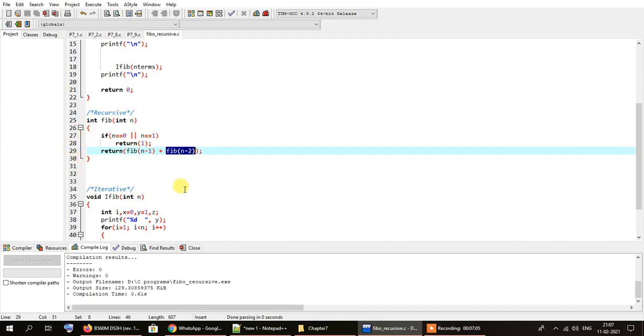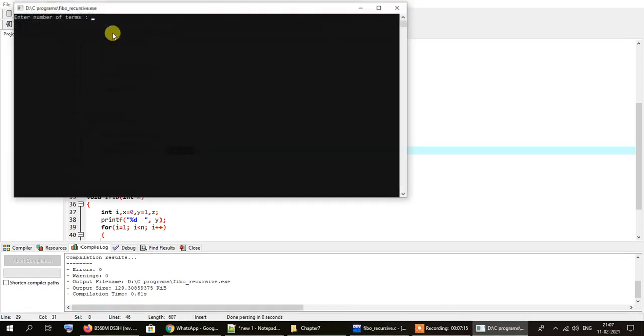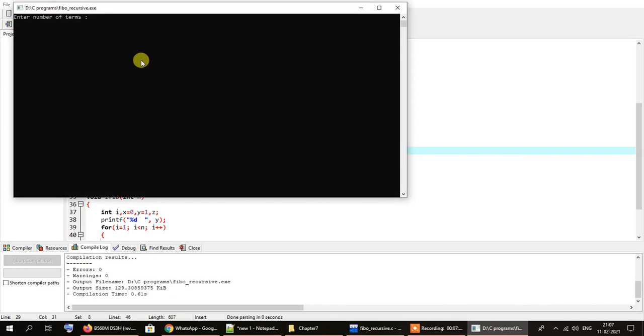They will be displayed on our output console. Now I'll execute this program and show you the output. The output will be displayed from both the iterative function as well as the recursive function. If the value of n is 8, you can see that the first n terms go all the way up to 21 from 1, using both the iterative and recursive methods.